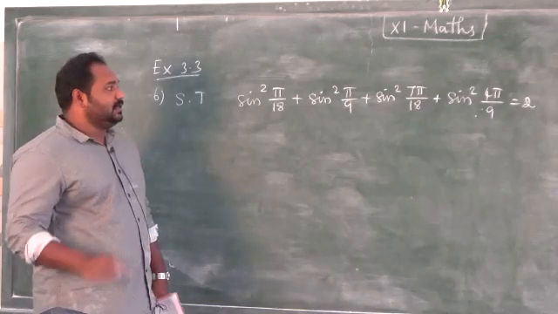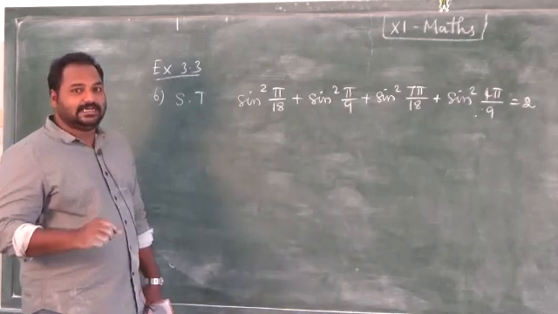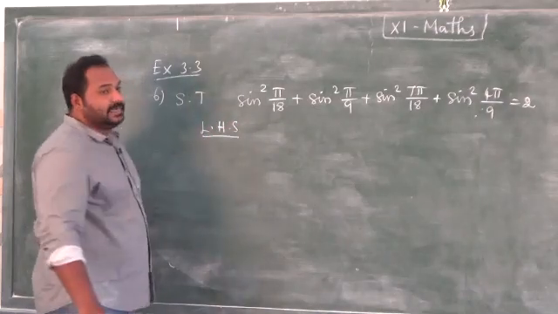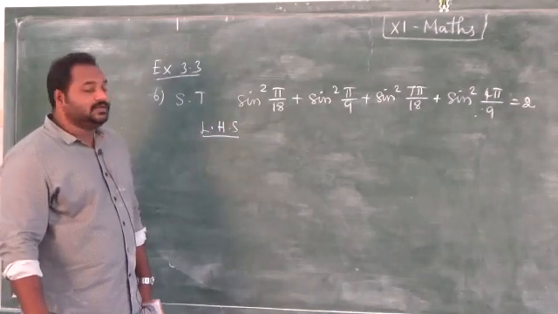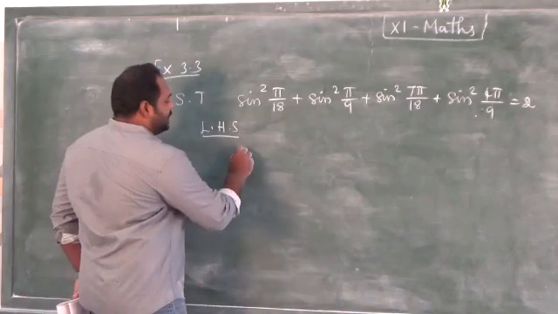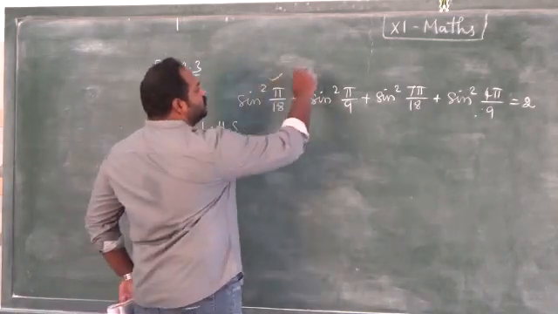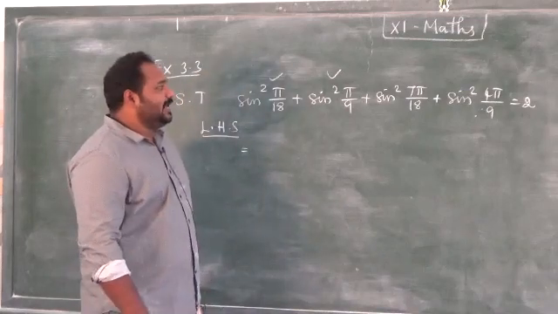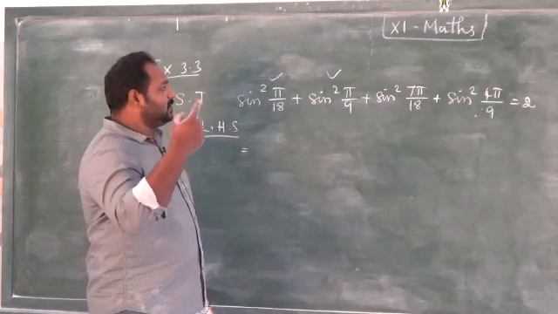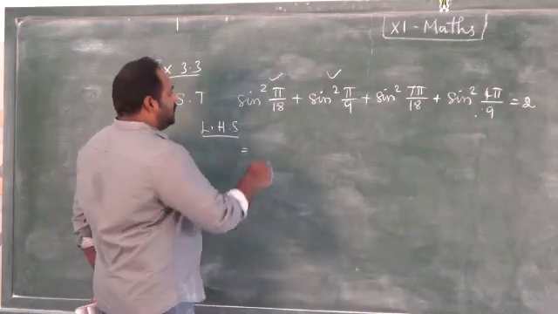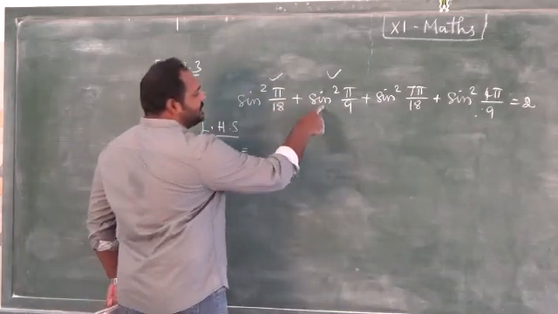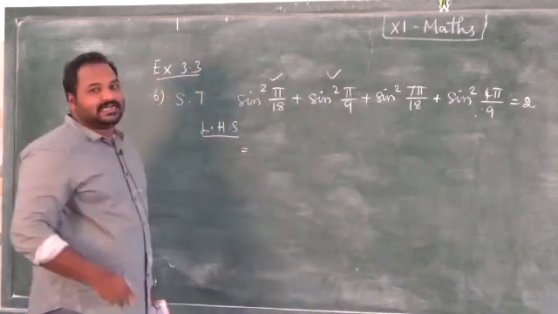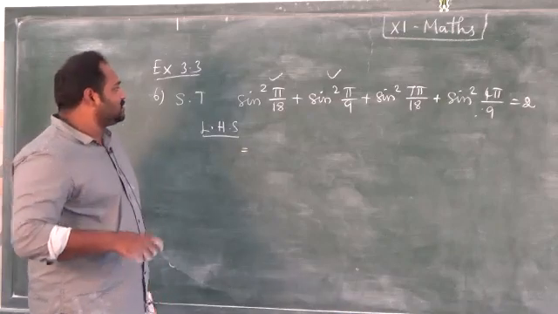Here we have small changes in the given LHS side. If you do these changes, we can give the answer within 2-3 steps. So here LHS equal to, in these two terms alone I am just changing into cos square. Why I am changing into cos square, we will know in the last step. Sine square pi by 18 and sine square pi by 9, both I am going to convert into cos square value.